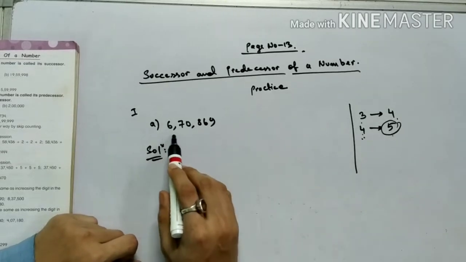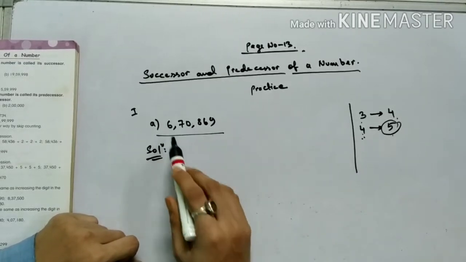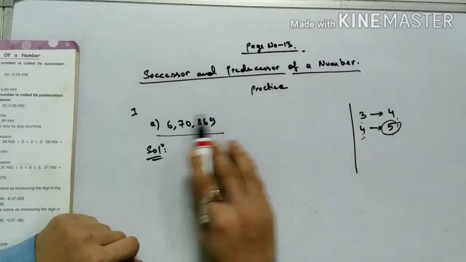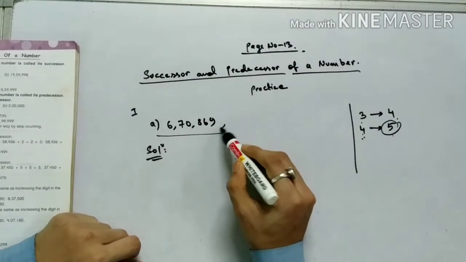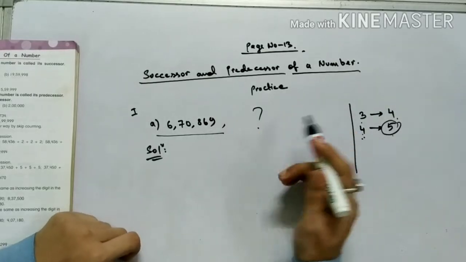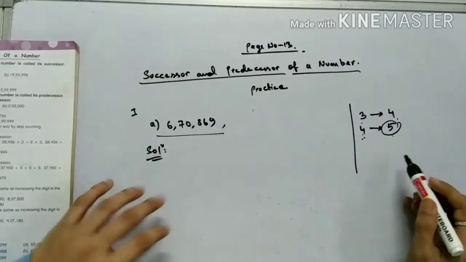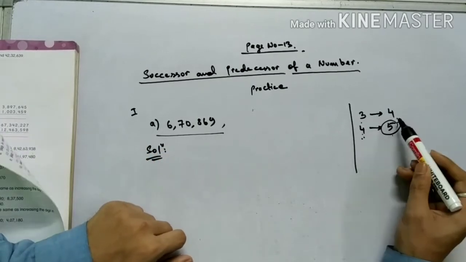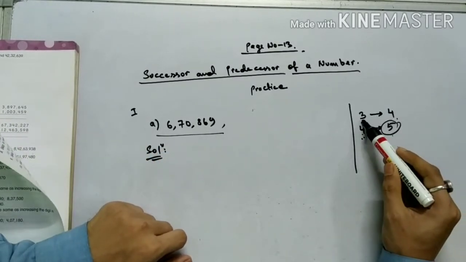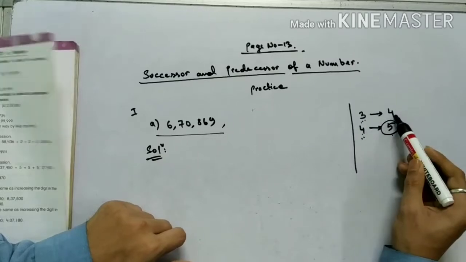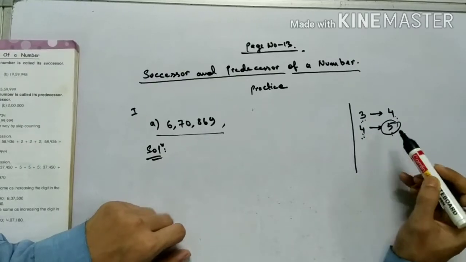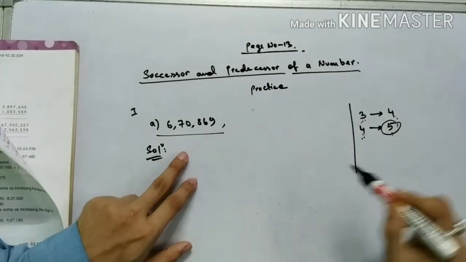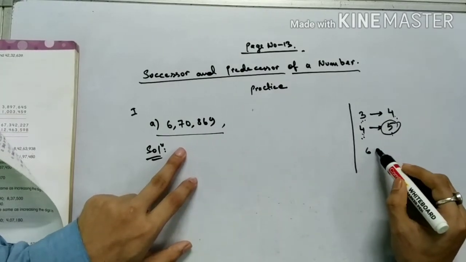Now what is the successor of this number? That means I have to find what number comes after this. Okay, what number will come after this number? To find it, you see, when the numbers were small, it was very easy, because we know that after 3 comes 4, after 4 comes 5. And let's say if you are confused about what number comes after this number, you can do in here, you see